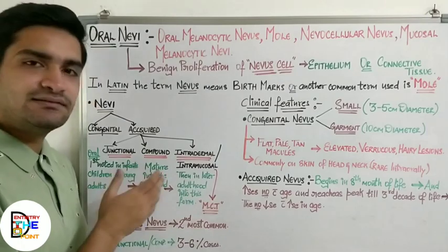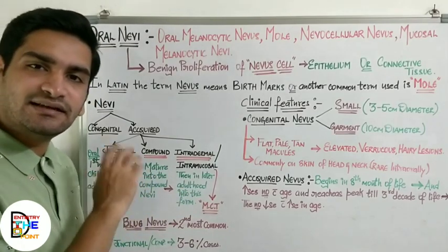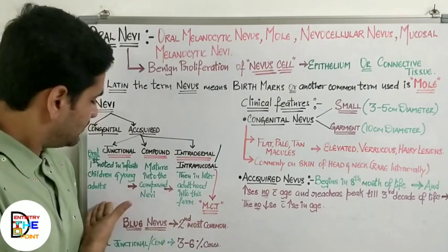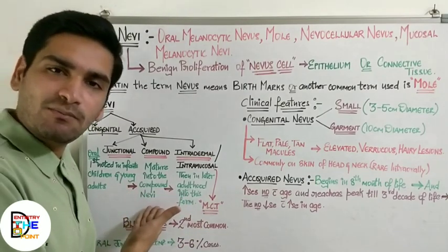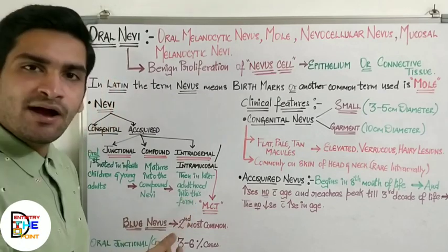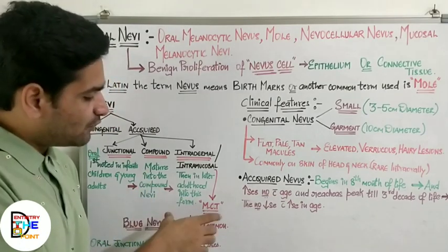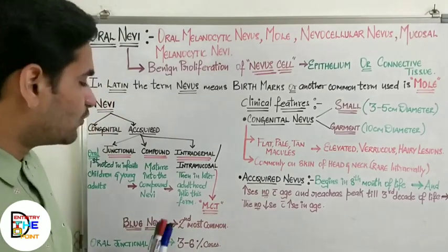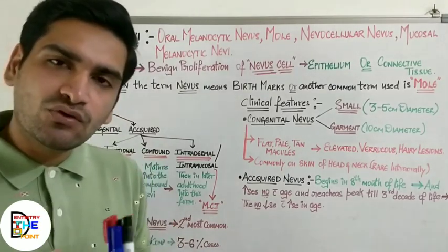This is also going to remain the same in the skin. The nevi occurring in the dermal region, that is in the skin, and also in the mucosa: firstly it will be in junctional form, then converted into the compound form, and next converted into the intramucosal form.